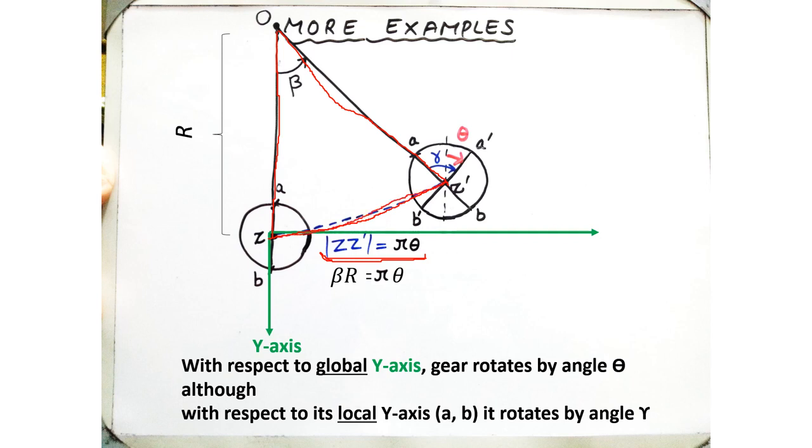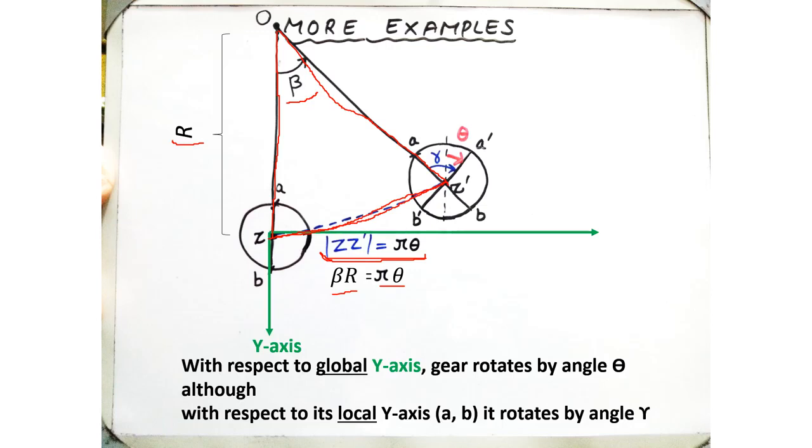Hence OZ and OZ prime represent the same distance. So this arc length can also be written as the radius times the angle beta. So beta times R is the same as r theta. So this gives us a relationship between beta and theta, that is theta is equal to capital R over small